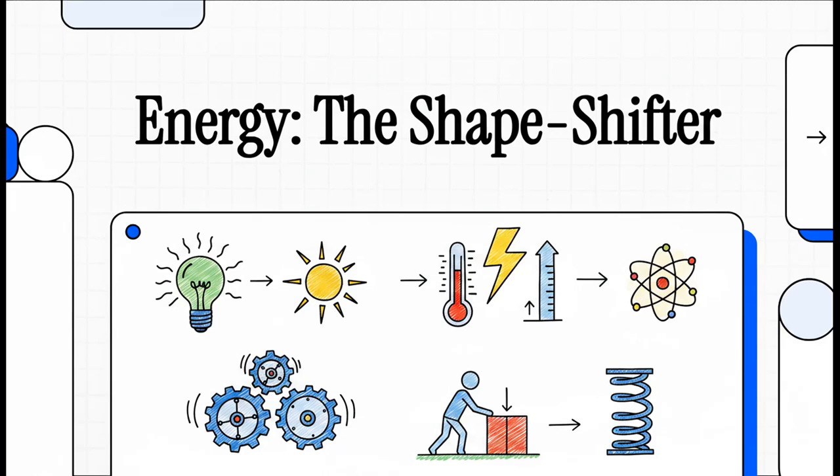All right, let's dive into one of the most fundamental ideas in the entire universe: energy. I mean, it's literally everywhere and in everything. But here's the thing: it's also a master of disguise. It's constantly changing its form, jumping between objects. So, how in the world do we keep track of it all?